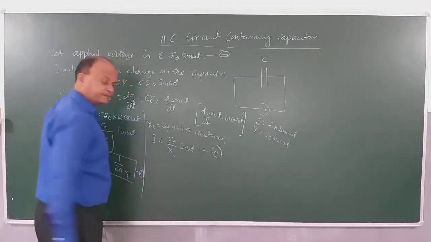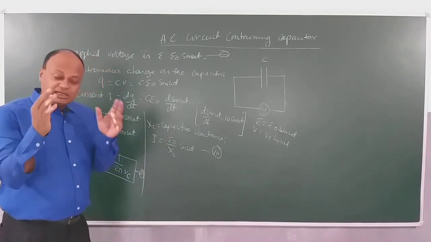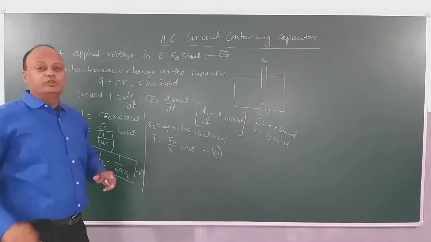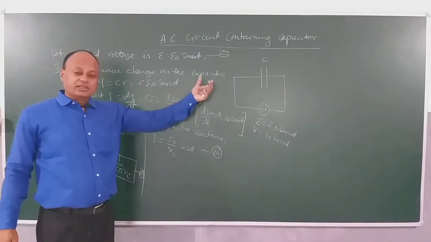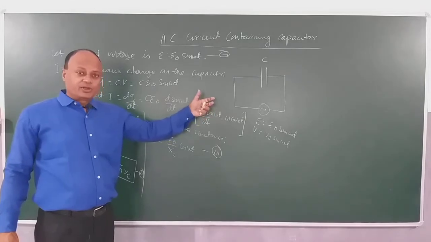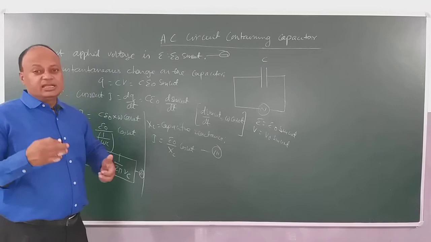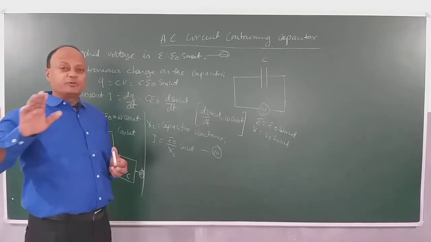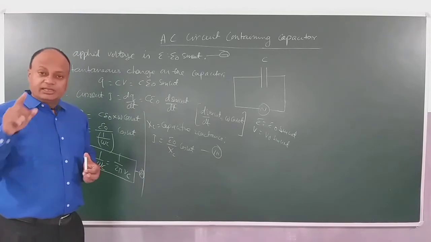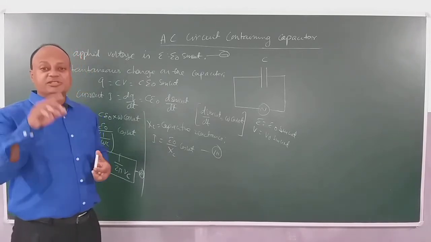This is 3. E naught is applied voltage and Xc, the reactance. We don't use the word resistance because actually there is no resistance. There is no resistor attached. We call it reactance. Reactance, in this case, is a special case of resistance which is not going to cause any power loss. There is going to be no heating effect. Yet it will offer opposition to the flow of current and do the job of stabilizing the current.